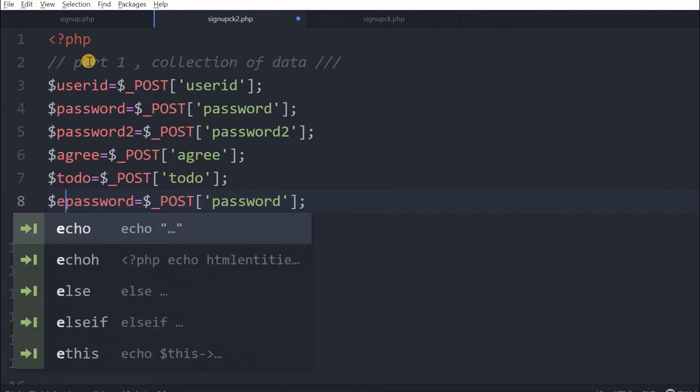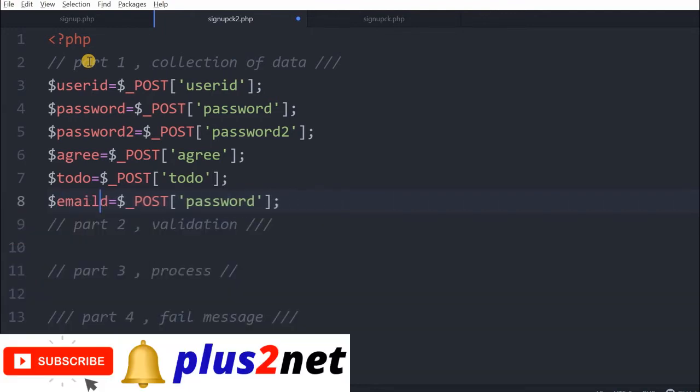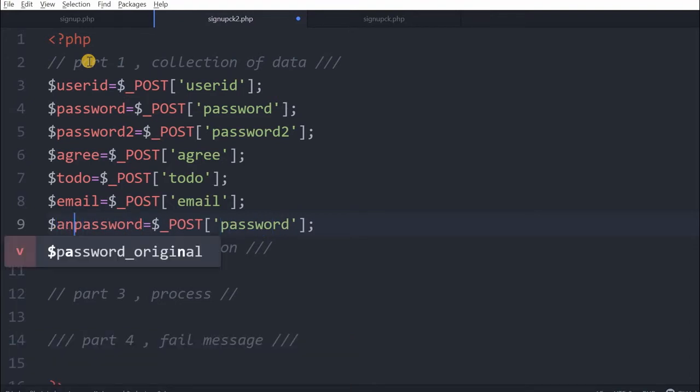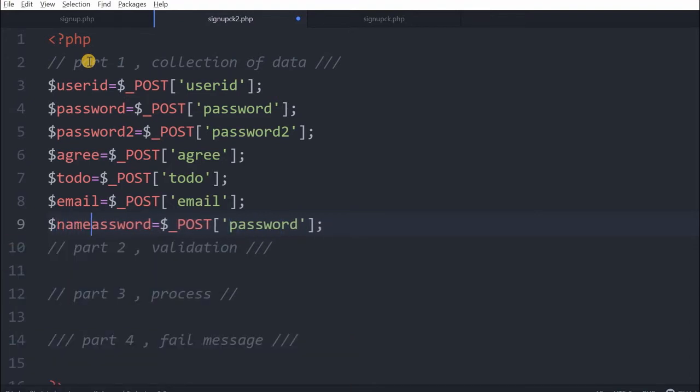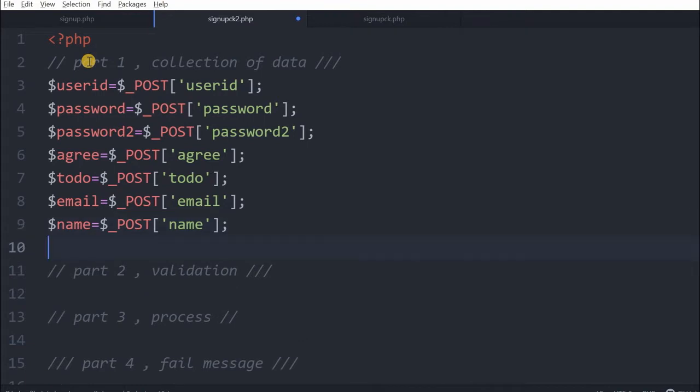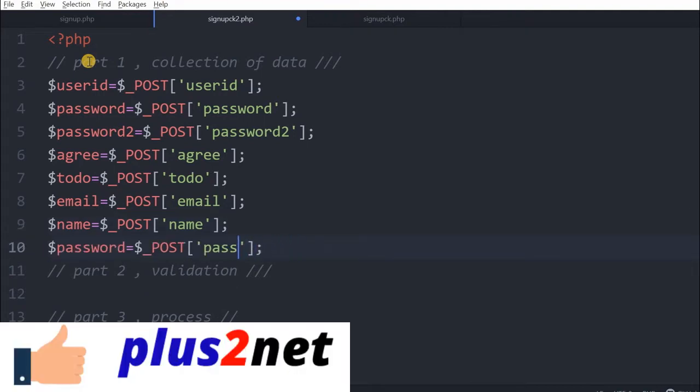So we'll say email, we'll receive what the user has entered as the email there. We'll write it here, email. Fine. After email, the name, what the user has entered as name here. So we'll say name field, name equals, now we are collecting the name. One more is left, we will collect gender. That is what the user has selected, this is a radio button we have given, gender.